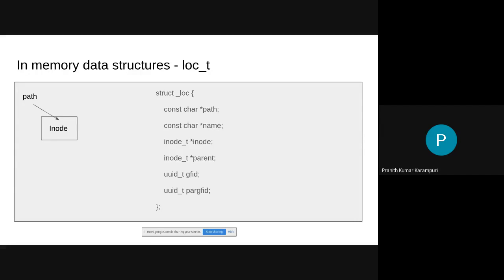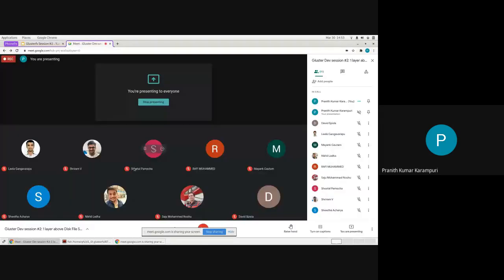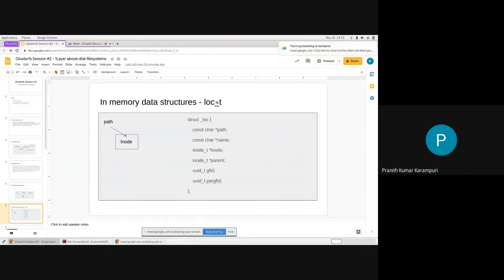Okay. This is a tricky concept. Do you guys have any doubts here? Does that make sense? Okay, I am guessing that is fine. Okay, so now